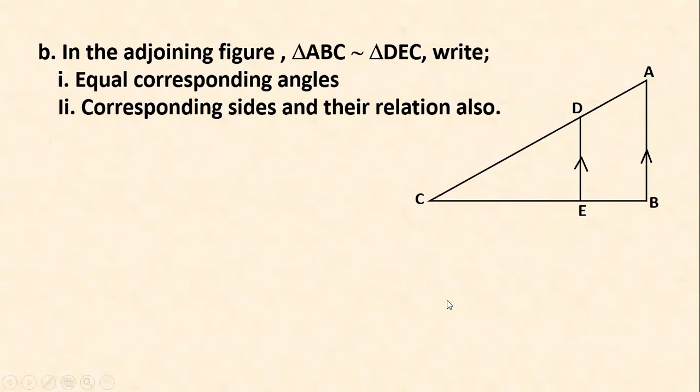Angle A is equal to angle D. Isn't it? Why? Do you have a reason? Try to search for the reason also here. Have you seen the symbol of these two lines?